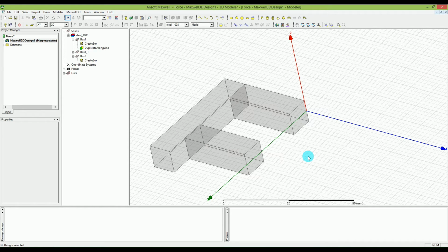Now, as you can see, we have an object that has connections between these two parts that are facing each other. For the modeler, it's a bit hard to understand whether they are deliberately touching each other, or they are super accurately put next to each other and there should be some material in between. We want it to be deliberately exactly touching each other with no materials in between. So to make it better understandable for the